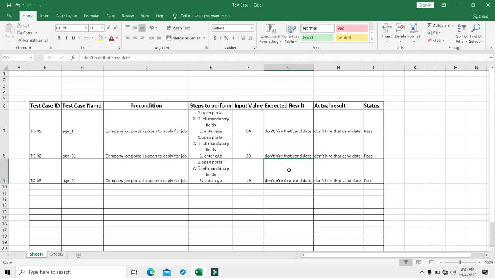That is my expected result, because he does not belong to that category to get hired for part-time or full-time employment. Once we execute this test case, again we are going to get the same message, that this candidate is not going to be selected for the job, and again I am going to mark my test case as a pass.